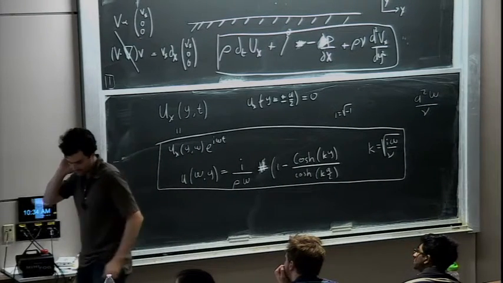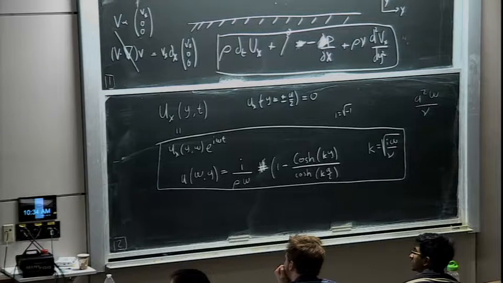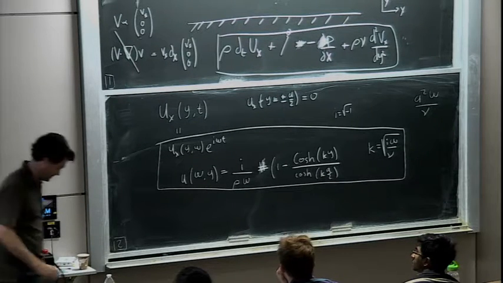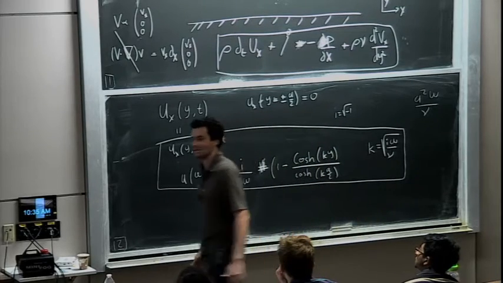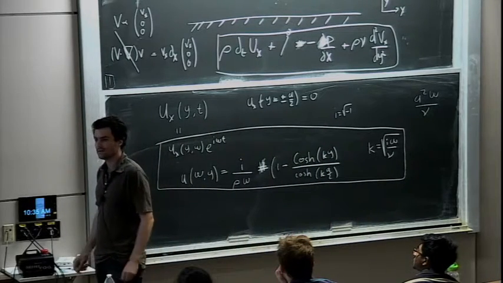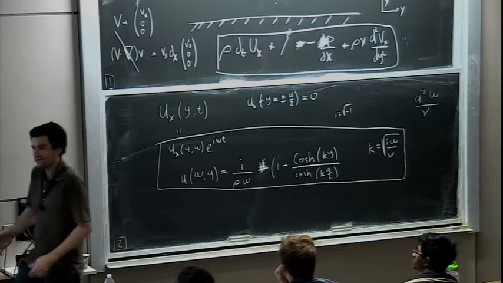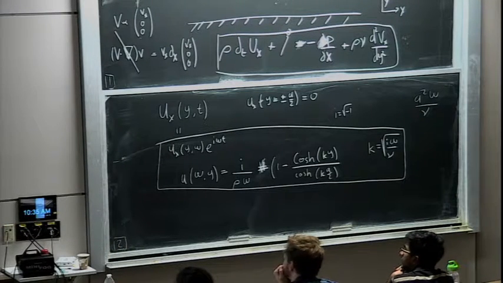Sorry, maybe you said this when I was out, but that's the Reynolds number. Not exactly. Well, a times omega is the velocity. a is a length. Yes, you're right. It's effectively a Reynolds number. It's a comparison in the oscillatory flow. It's like a comparison between the time for the